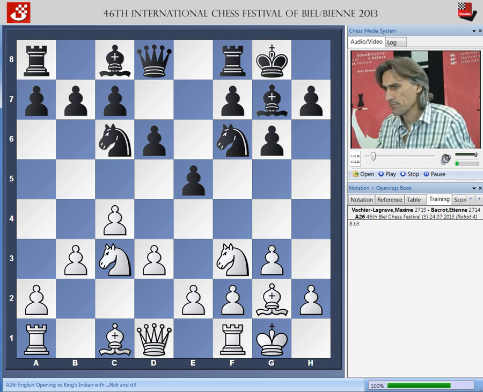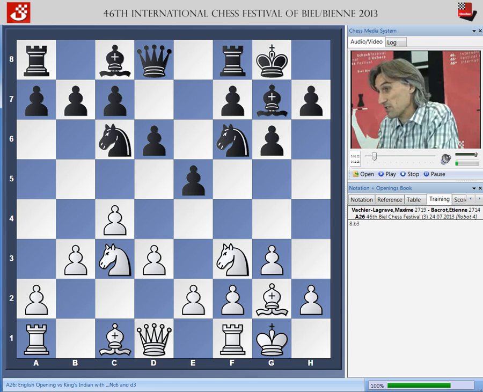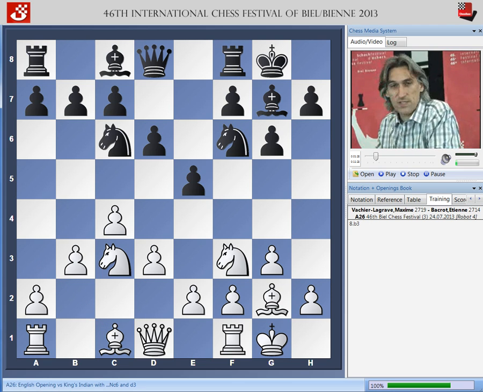But here Vachier-Lagrave played b3, and this was actually played by Kramnik earlier in the year against Vachier-Lagrave, so he obviously thought this was worth trying out himself. But it makes a slightly odd impression, this move, because this is generally where you want the pawn. It's a solid move, preparing the bishop move to a3, but I was just discussing this move with Artur Yusupov,